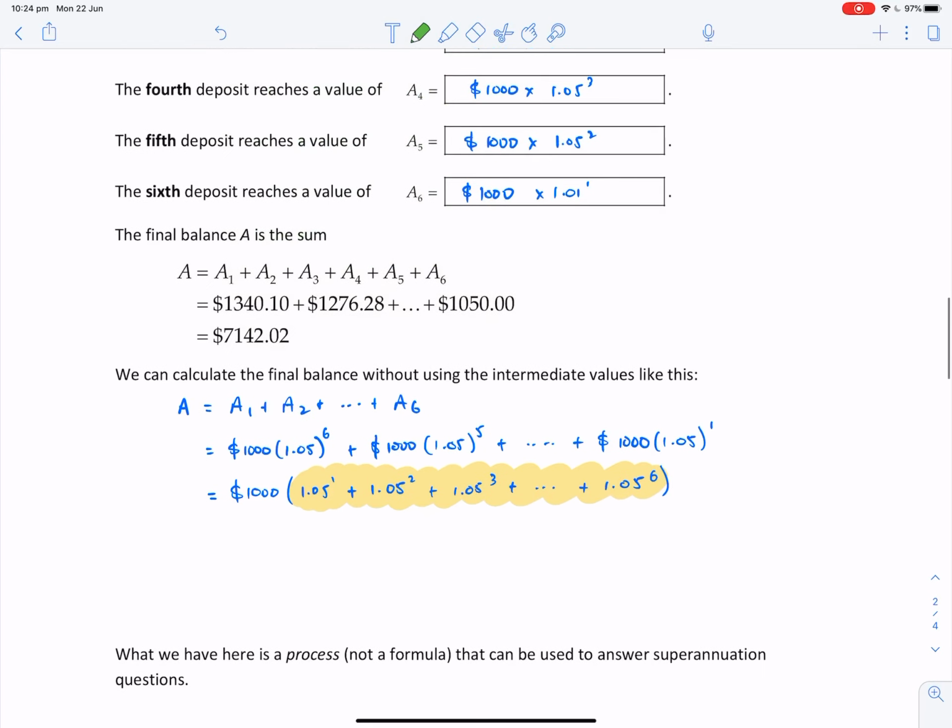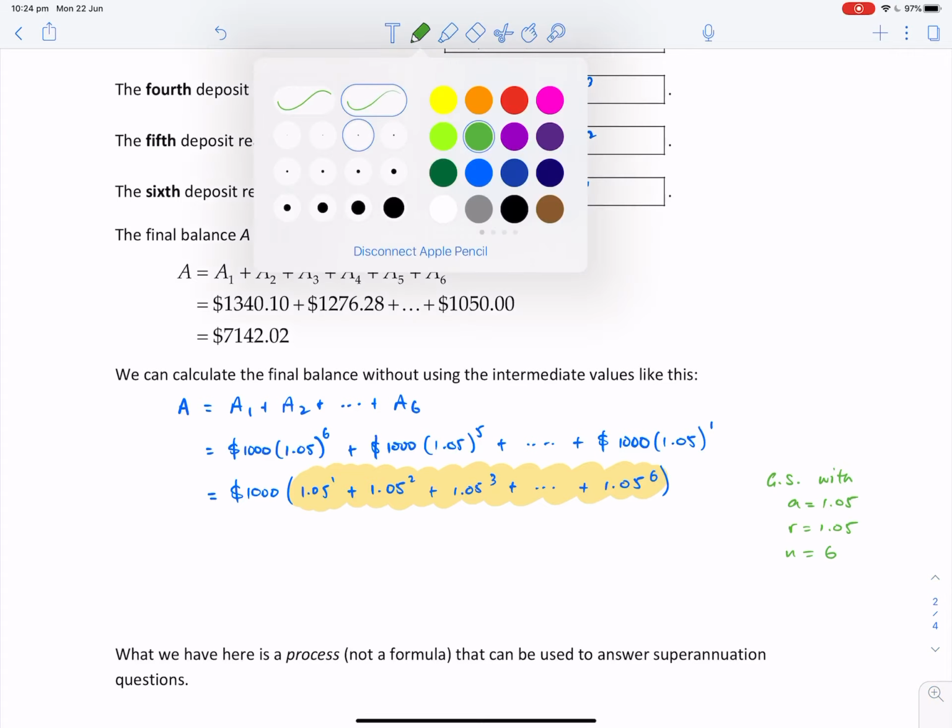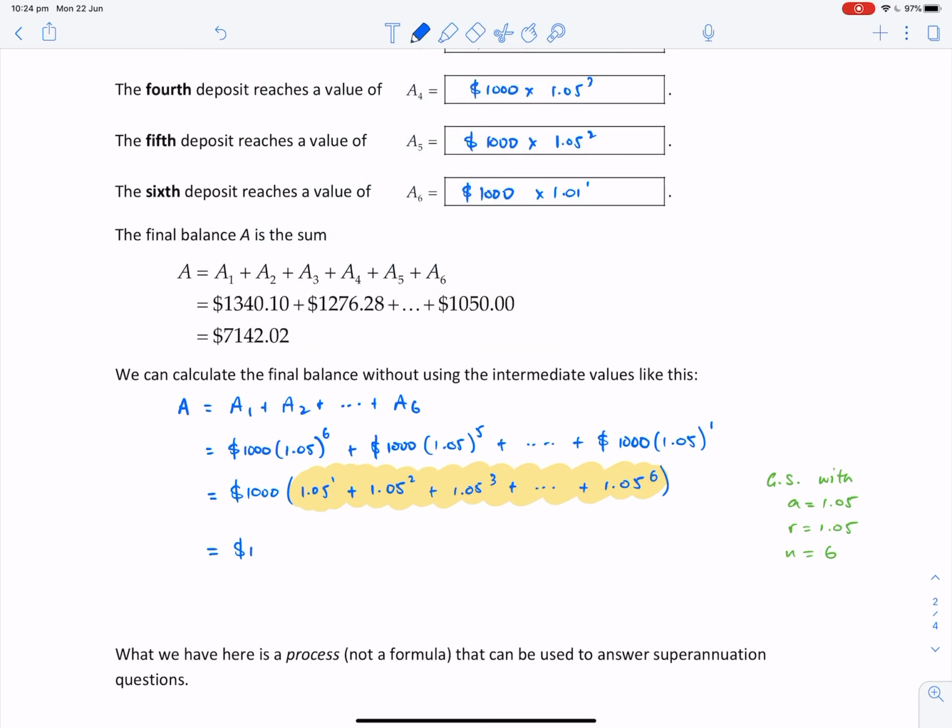So this is a geometric series with A equals 1.05, R equals 1.05, and N equals 6. Okay, so this is $1,000 times that value,